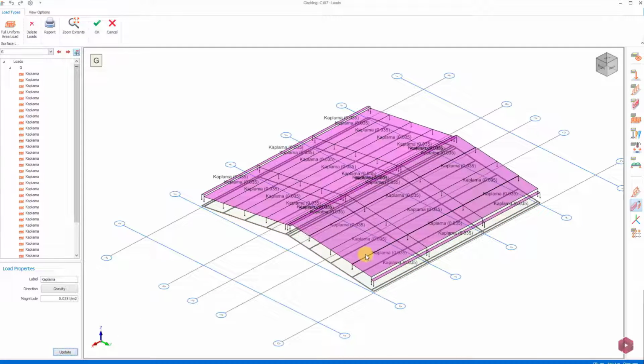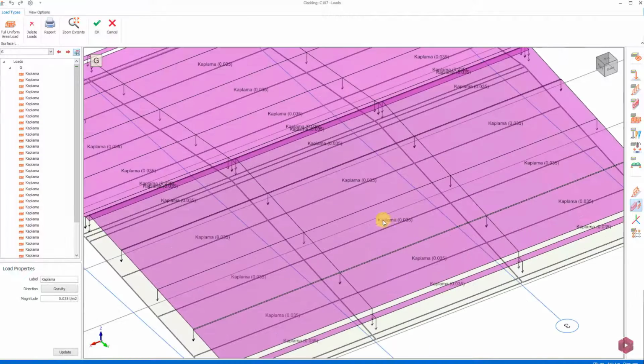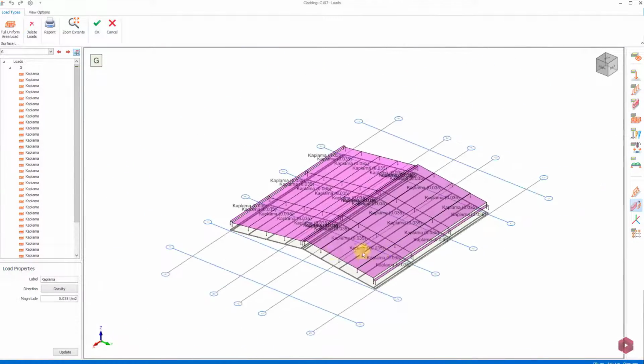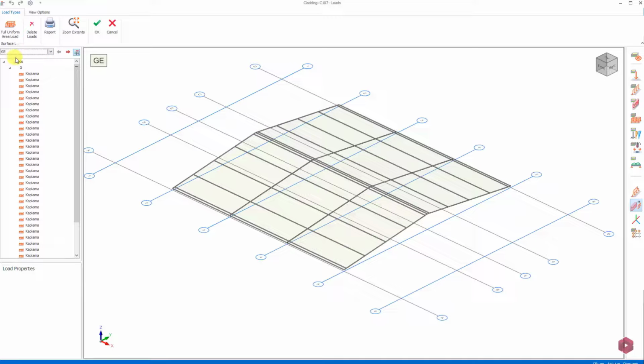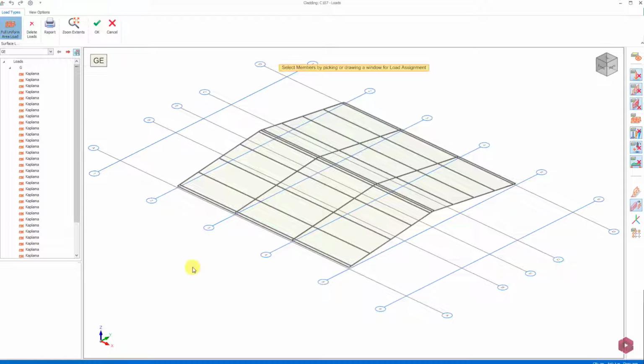Now let's load the solar panels in case of GE load. First, we select the GE load case from the Load Cases section. Then, by selecting the Area Load command, we determine the load characteristics in the lower left corner. In this section, we see that GE has been given as the tag number by ProtoStructure. As for the direction, gravity is also taken into account. If you remember, GE load case is defined as user-defined vertical load when creating load combinations. Therefore, due to the vertical load, ProtoStructure considers gravity in this section.